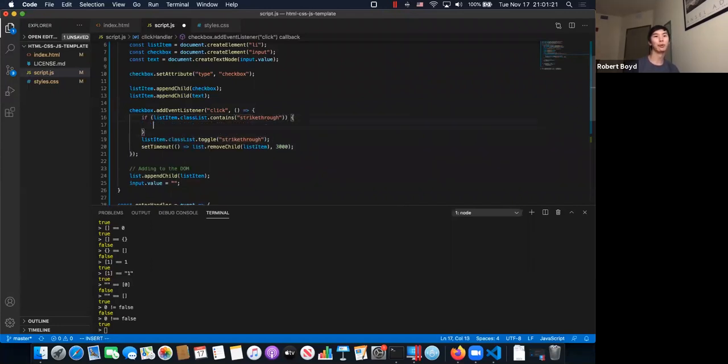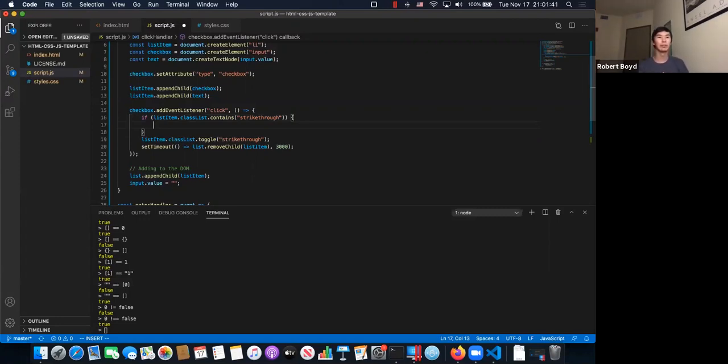And I would do this before you change it. You can do it after you change it, but then your condition will be reversed, because you'll have to think about what it was before you changed it, and what that means now. So I would do it before you change it. So before we change it, let's check if it contains the strikethrough already,